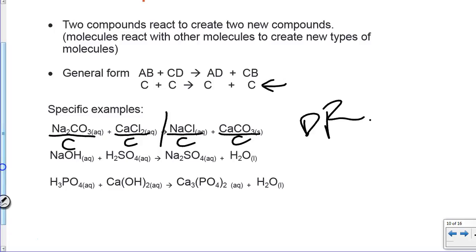Okay, so let's take a look at the third one. Okay, we're going to skip over the second one. It's kind of similar. But what you should notice here is we have a special kind of reaction happening here. Obviously we see more than one capital letter. We see a compound, a compound, a compound, and a compound. So again, we can classify this as a double replacement, but this is a special double replacement reaction because